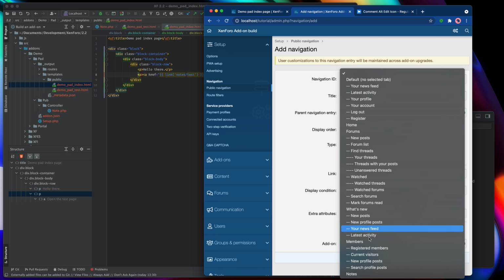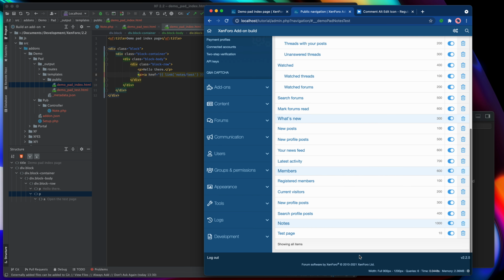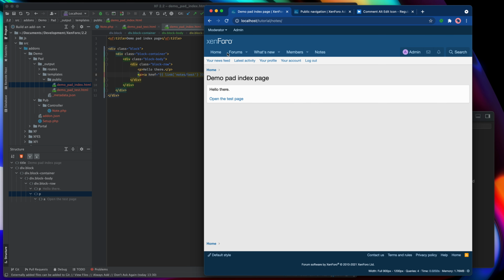The parent entry this time is going to be notes, and I'll give it a display order of 10 so that I've got options later on to put entries before and after it. It's another basic link, and this time we're going to use that but with /test, just as we did in the template. This is all looking good. We'll hit save on that, and what we should see now when we click onto notes is, oh, I forgot something.